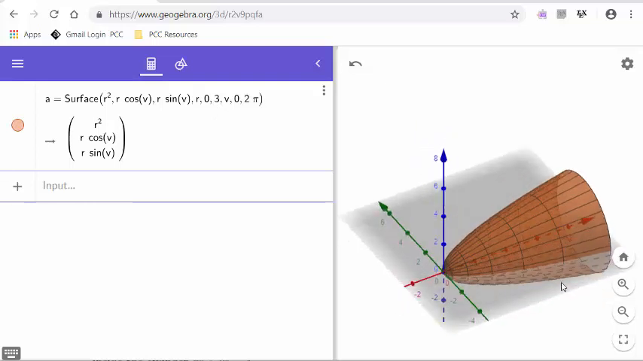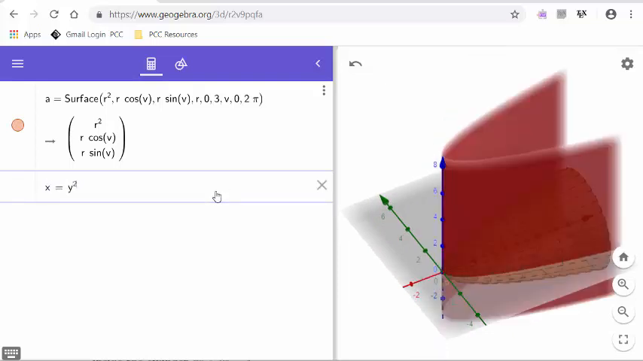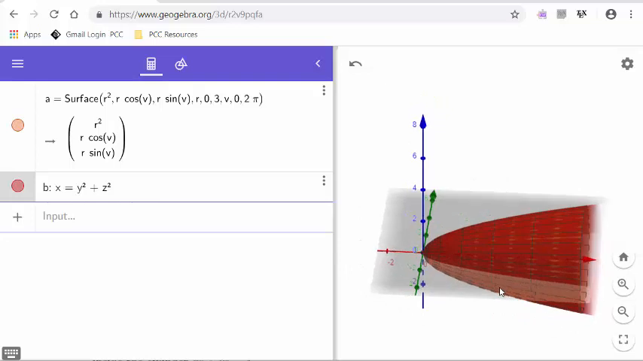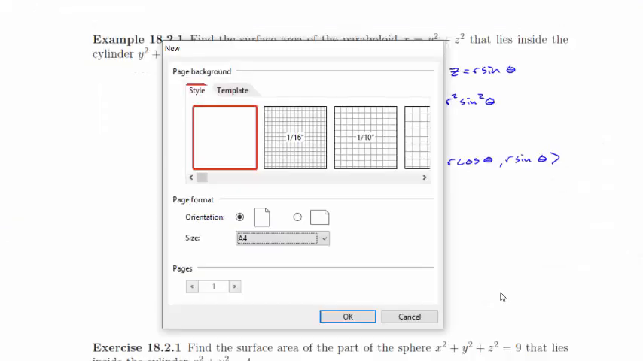But sure enough, we do get that paraboloid. I guess I should type in x equals y to the second plus z to the second and just confirm, yes, they do perfectly overlap. So we have a good parameterization here. Going back here,